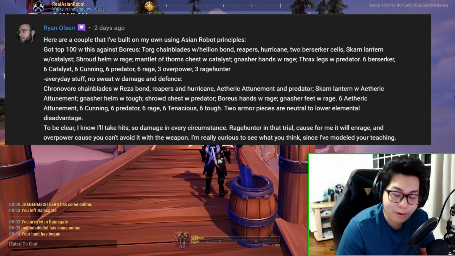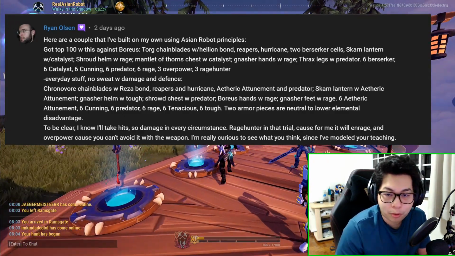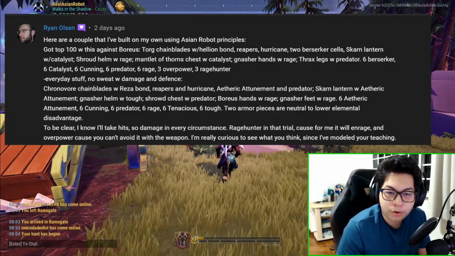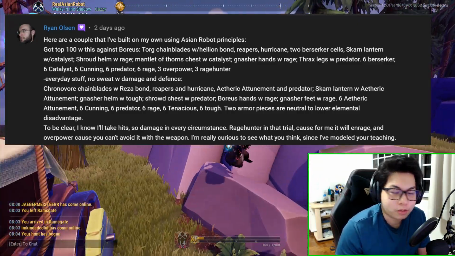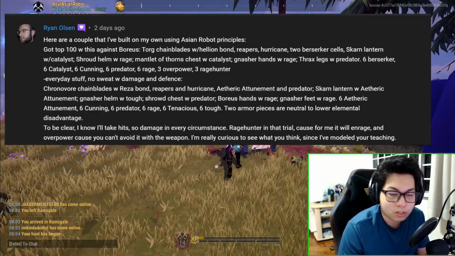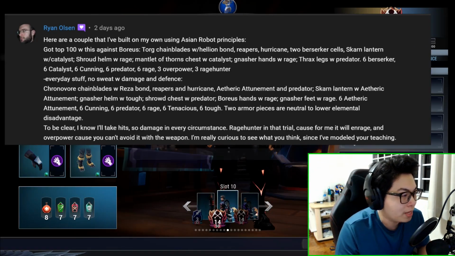Now the Shroud chest was actually the Thrax chest in order to get the necessary perks. Boreas hands with rage, Nasher feet with rage, etheric attunement. So, sorry, the perks are 6 etheric attunement, 6 cunning, 6 predator, 6 rage, 6 tenacious, 6 tough. Alright? So, I'm going to show you the actual